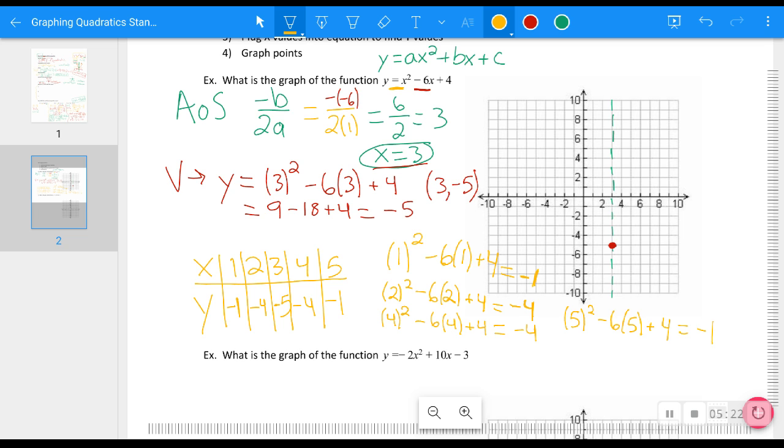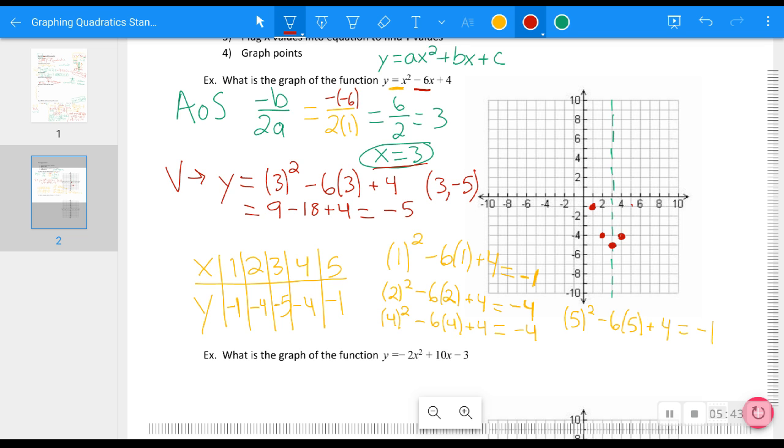Then each of those is an ordered pair, so we can graph those. So we have the point 1, negative 1. That'll be right here. We go 1 to the right, down 1. We have 2, negative 4, so we go over 2, down 4. Then we have 4, negative 4,